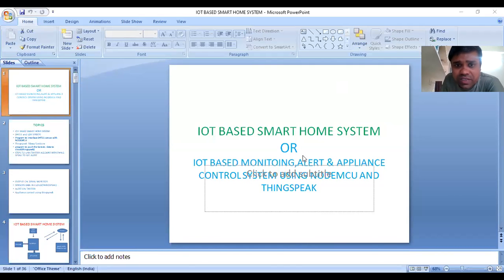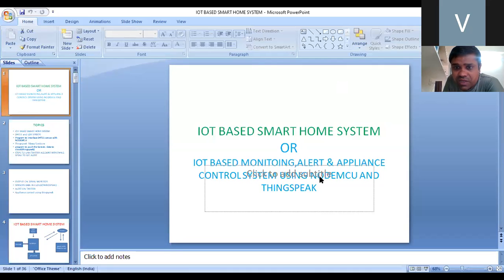Today we are going to discuss an IoT based smart home system, or an IoT based monitoring, alert and appliance control system using NodeMCU and ThingSpeak. The topics are: